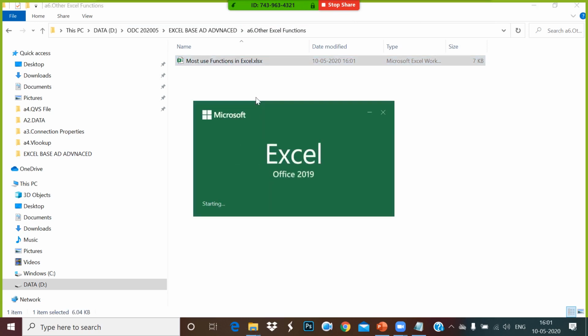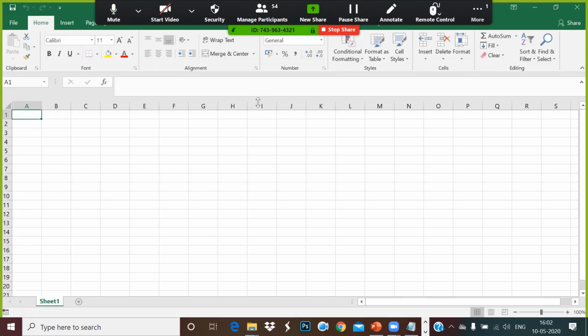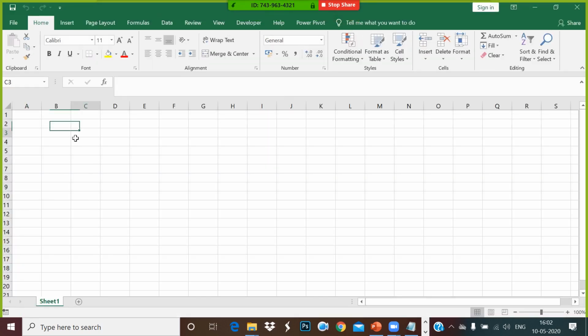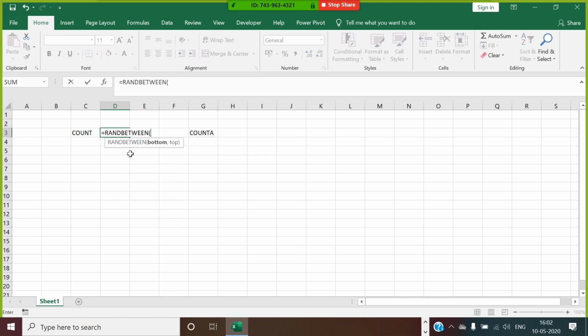Okay. So we will start with count and count A. What is the difference between these two? So we'll do now count and count A. Imagine I have given values like random between 100 to 900.